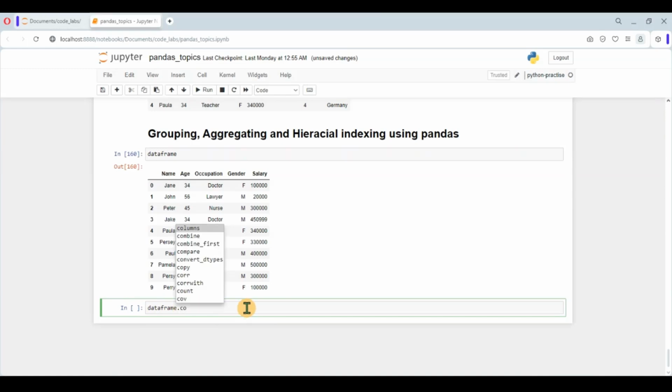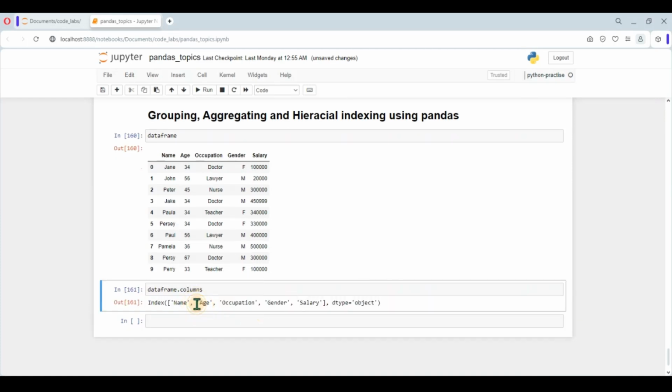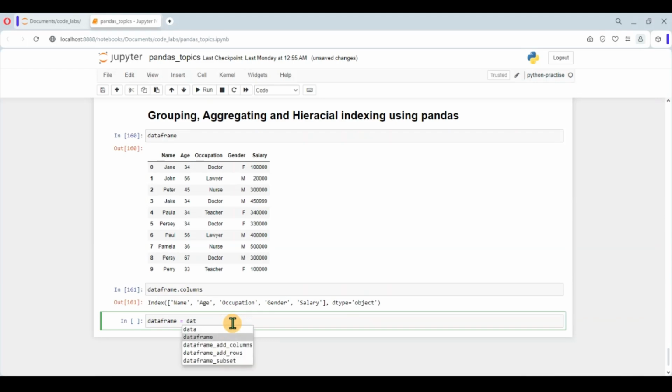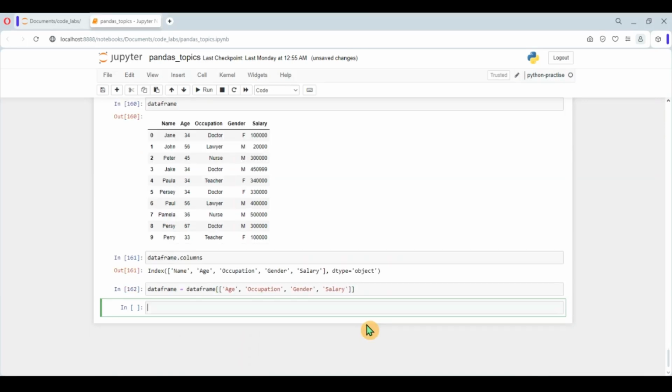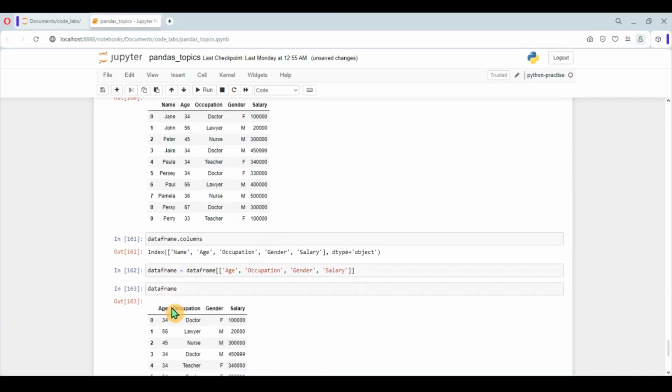Let us see that. I want to remove the name column, so I'll select from age to salary, copy it, and now I'll assign a new data frame variable. I'll access the data frame, and as a list I'll pass the list of the columns that I want. You can see I've omitted name from here and I've included all the other columns. So I'll run this, and now my data frame, if I access it, you can see there is no name